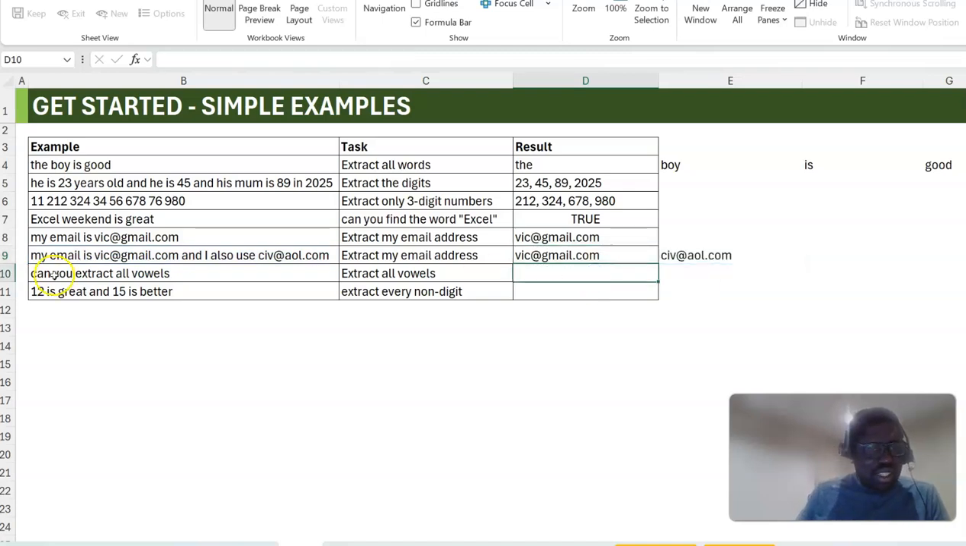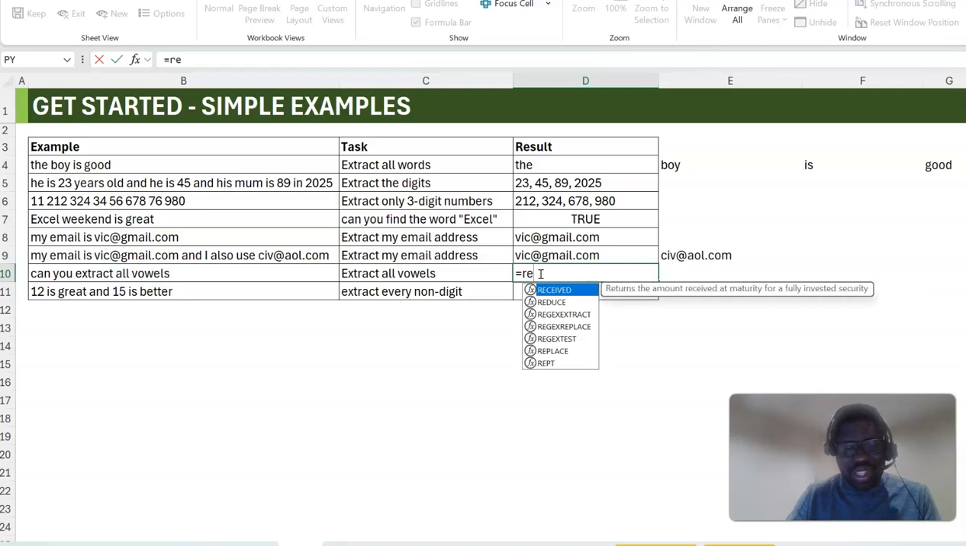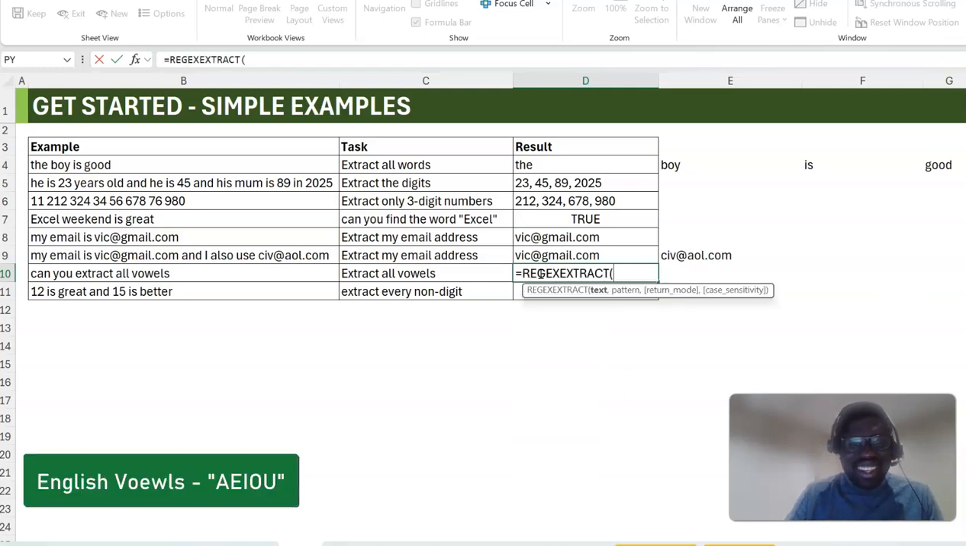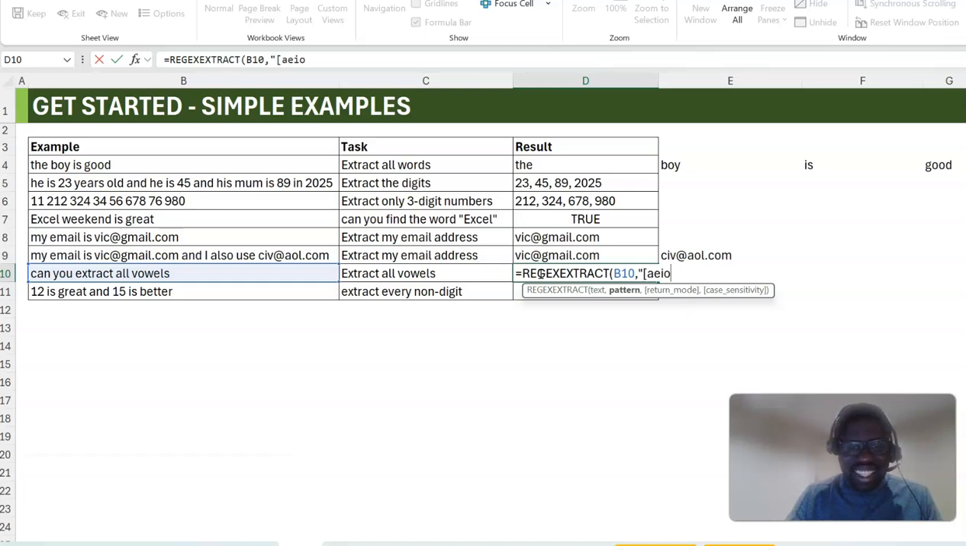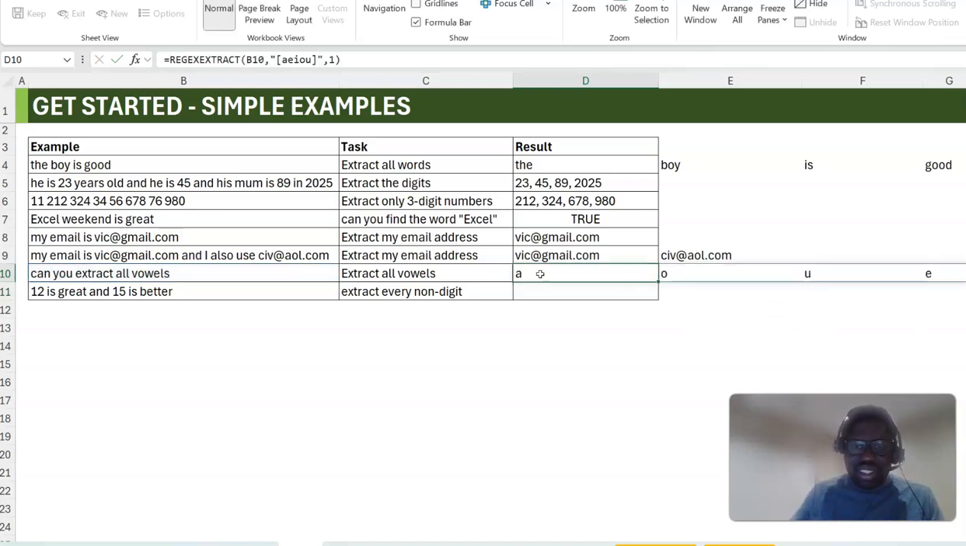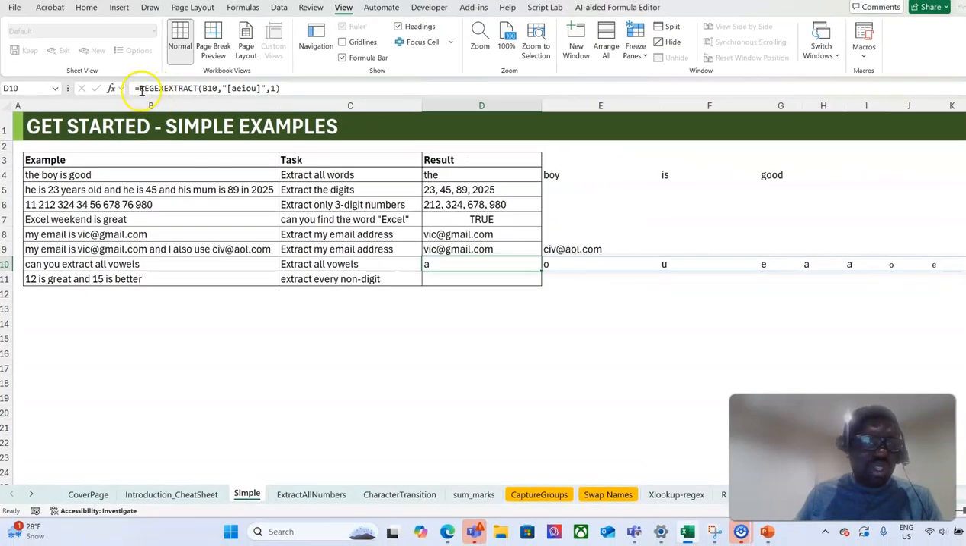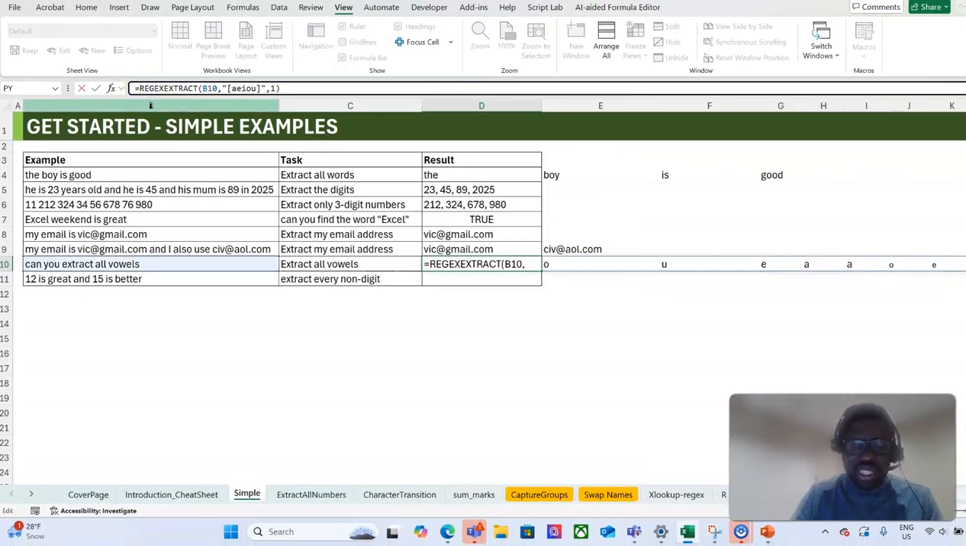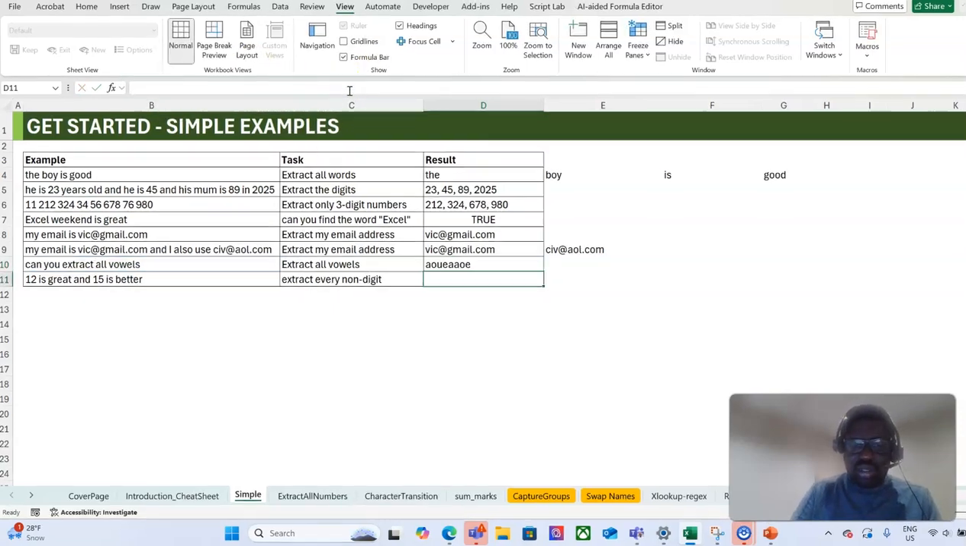Now here it says, can you extract all vowels? So I want to extract all vowels from this string, and I mean vowels in the English language. My apologies. Okay, so here the vowels in the English language are what? A, E, I, O, U. Just put all of them in square brackets, so it will look for all of them. Okay, and you can put (1) so that it finds everything. Okay, so those are all of them. You could do anything from here, whether unique or concat, which is just bring all of them together,